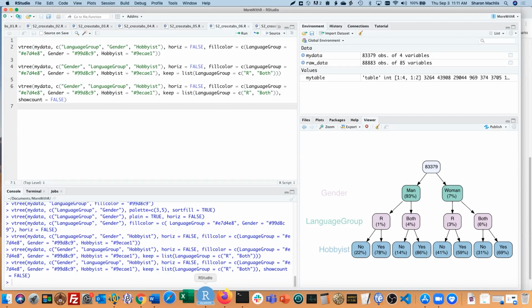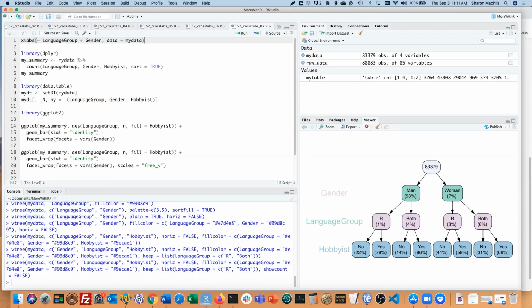There are other good ways to group and count in R, including base R, dplyr, and data.table. Base R has the xtabs function. Note the formula syntax here, tilde, and then one variable plus another variable. And if you look at the bottom left, you'll see what I get.